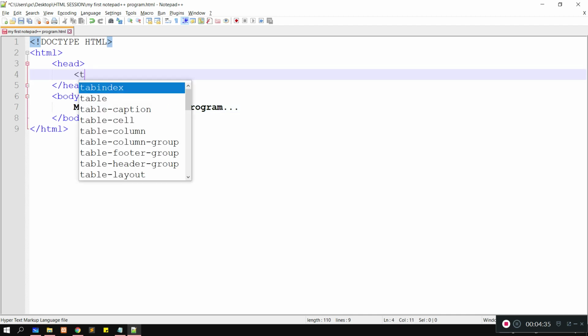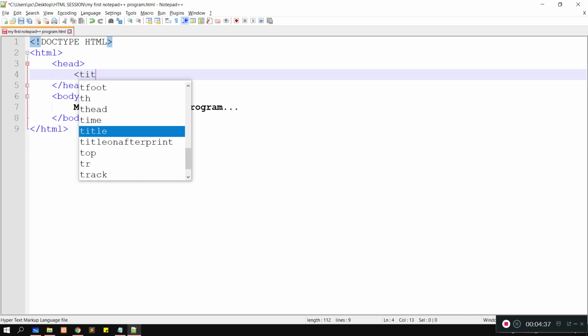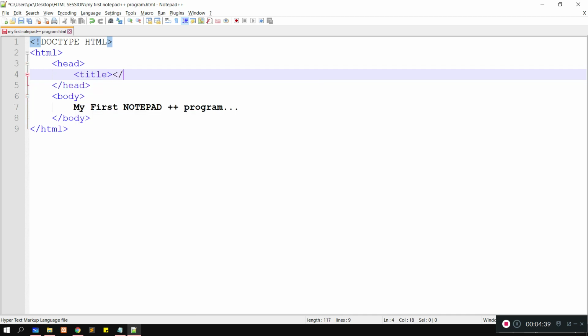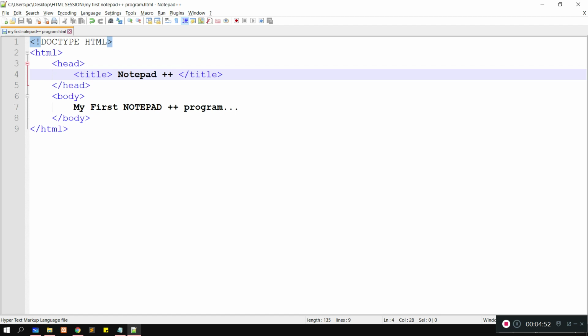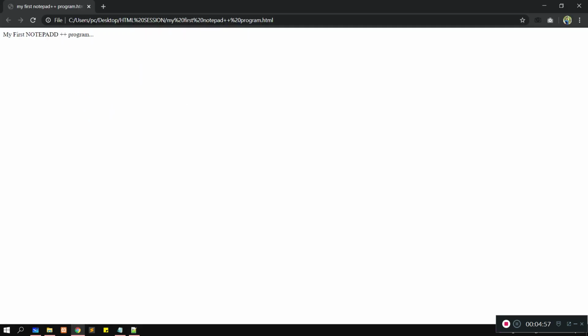And I want to add some title also. Notepad++. Where you will find this title? At the top of here. Can you see that? See, at the top of the title bar we got Notepad++.